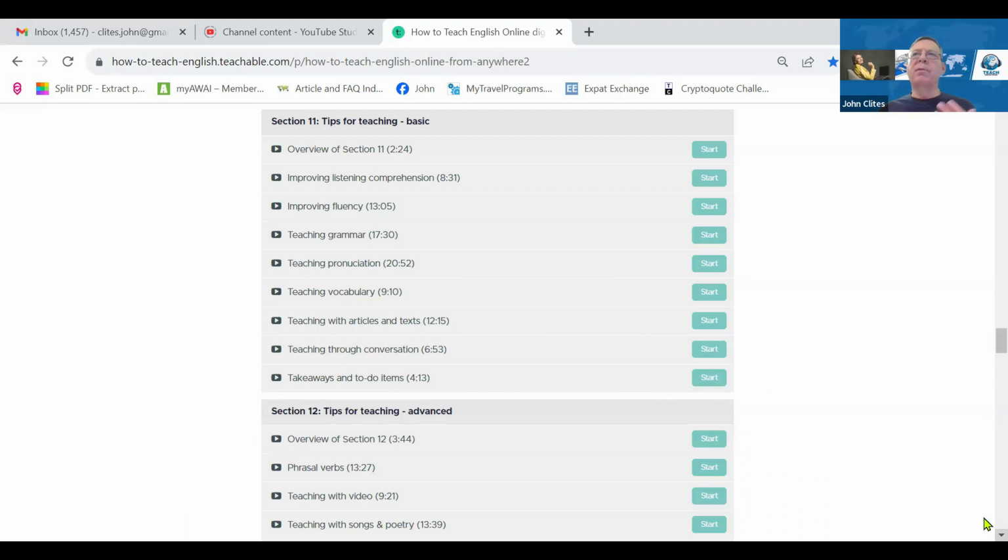Students pick up vocabulary, of course, just through casual conversation, certainly through reading articles, which we'll talk about in a moment, but you may have some classes devoted specifically to building vocabulary, often around the students' work or other interests. Now, teaching English in text is not so much a skill as a method of addressing a lot of skills at one time. I really like using articles in class. I talked about this in one of the previous videos because it's just a way to exercise so many skills at once, and it can be really enjoyable because the articles can be about just about anything.